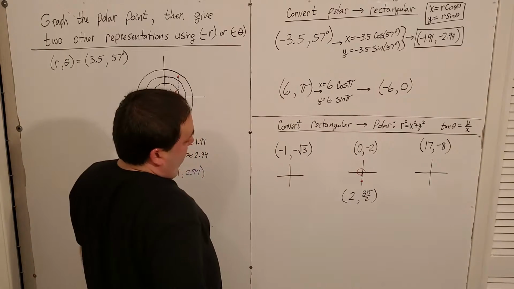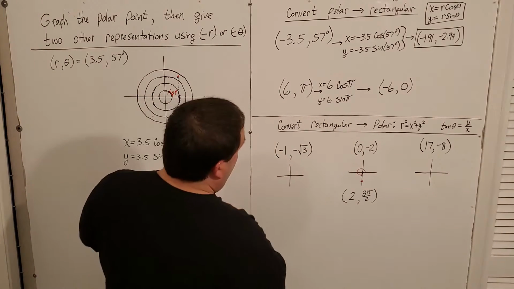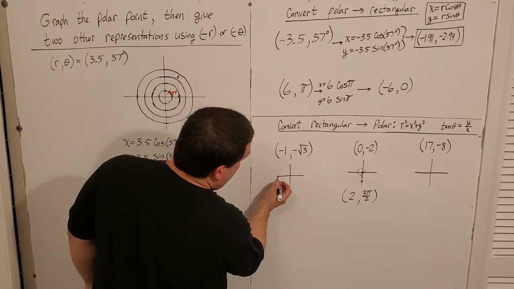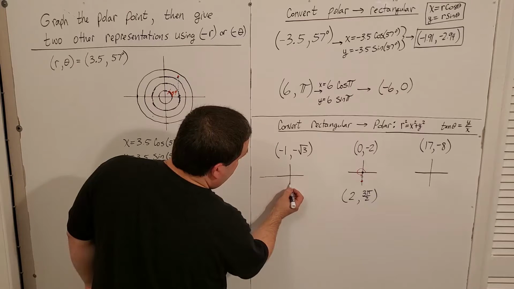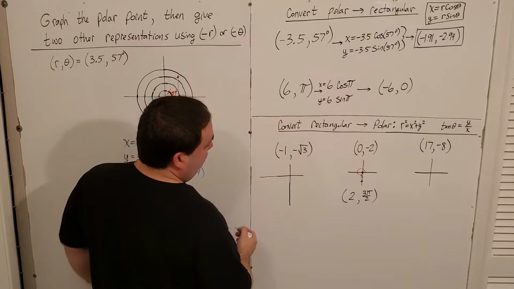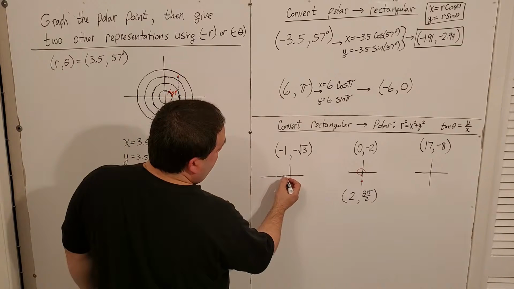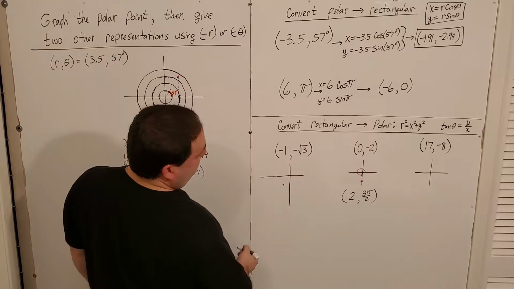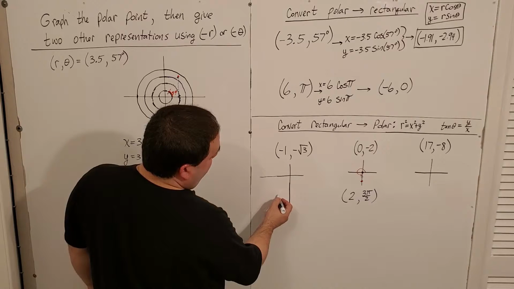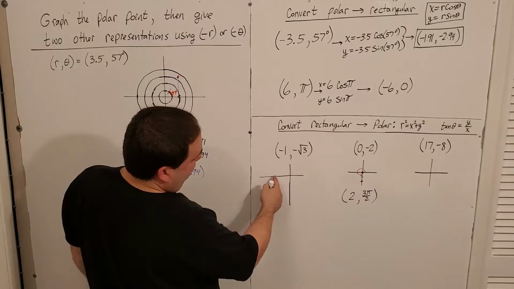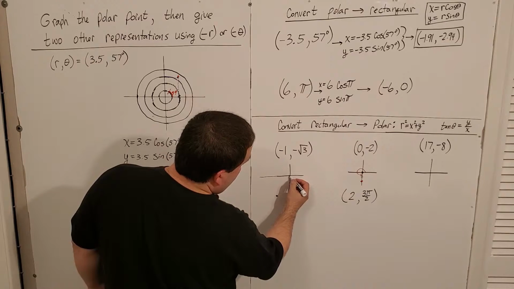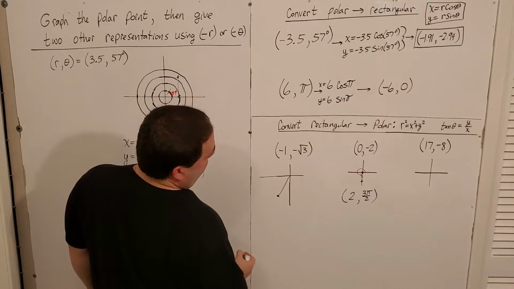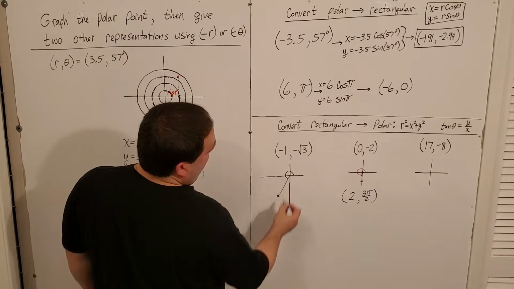-1, negative square root of 3. Let's draw it out again. That's going to be 1 to the left and square root of 3 down. So we're looking at quadrant 3 here. All right, I'll enhance it a little bit there. So -1 and negative square root of 3 is going to be somewhere right here, right? Let me zoom in a little bit for you. So -1, negative square root of 3, which means I've got this going for me here, like that. So my theta, my angle is going to be here,